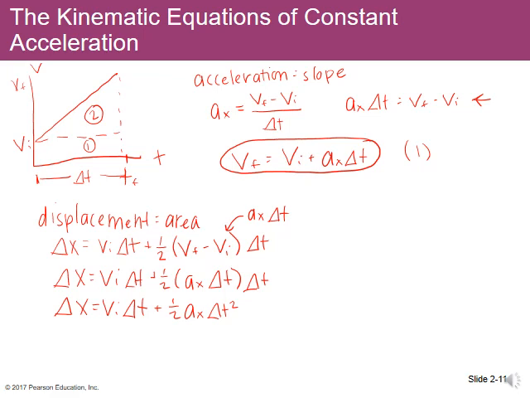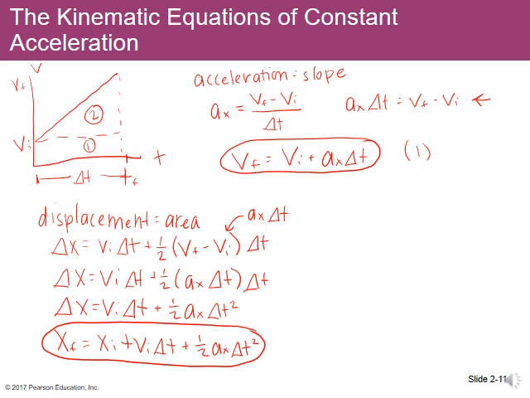Now keep in mind also delta x is the same thing as final position minus initial position. So we commonly see this written like this. Final position equals initial position plus initial velocity times time plus 1/2 acceleration times delta t squared. This is our second famous kinematic equation. And we can put these two together and do some algebra to eliminate time, which I won't